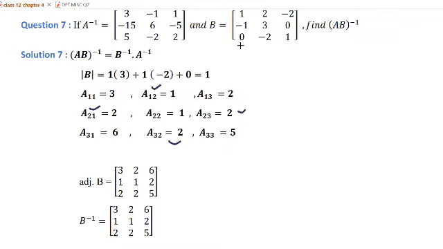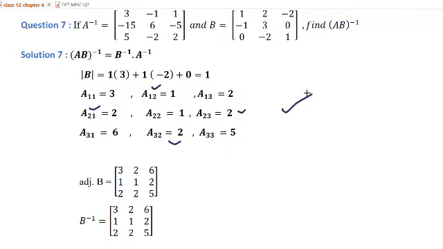Then the 0, hiding with column and row, I'll get 0 plus 6. Hiding this minus 2 by row and column, I'll get 0 minus 2, which means minus 2, but for these 4 elements we have to change the sign, so it will become 2. Hiding this 1 by column and row, I'll get 3 plus 2, that is 5. So cofactors are done. I have done it very quickly, because we have already done this in previous exercises,